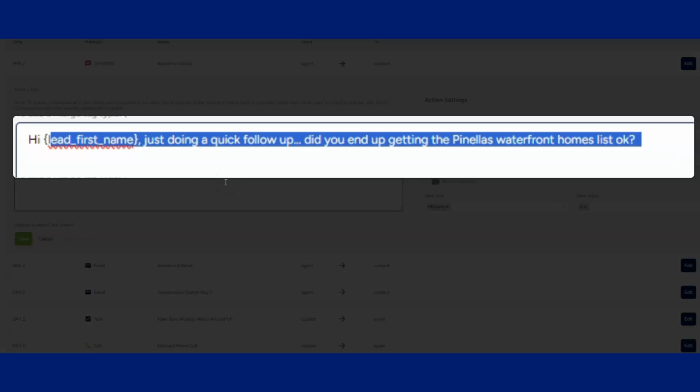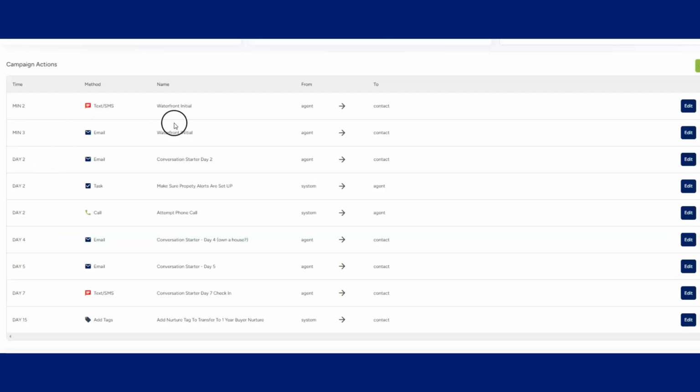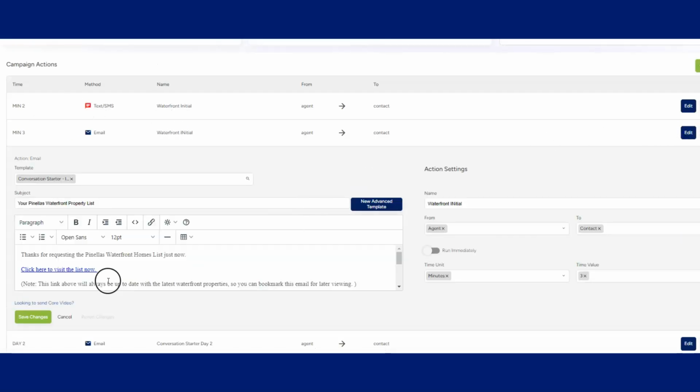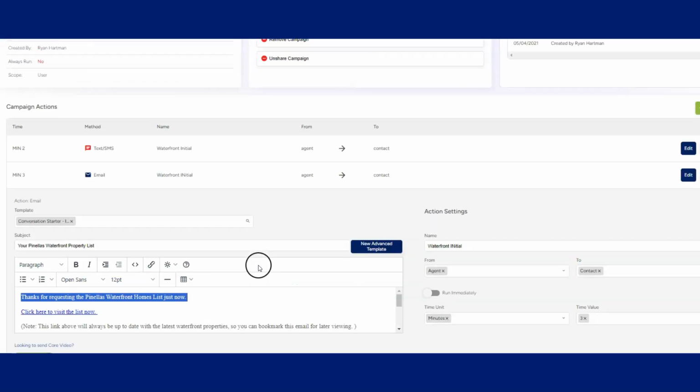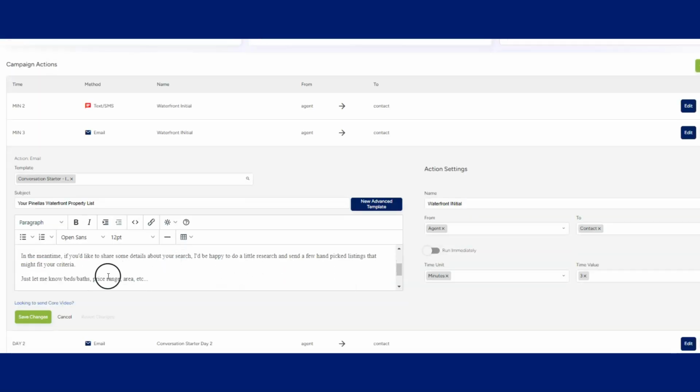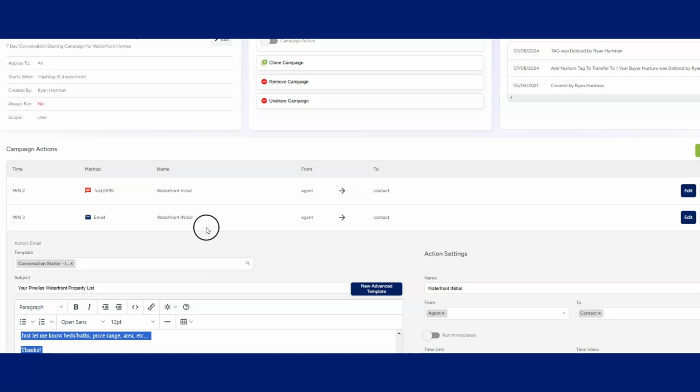Short and sweet with an expectation of reply and a quick question right there. So we start with a quick text. We do an initial email that gives the list that was requested. In this case, as you've probably figured out, it was a Pinellas Waterfront Homes list. And then it does a quick little call to action at the end that says, hey, tell me a little about your search and I'll send you back some